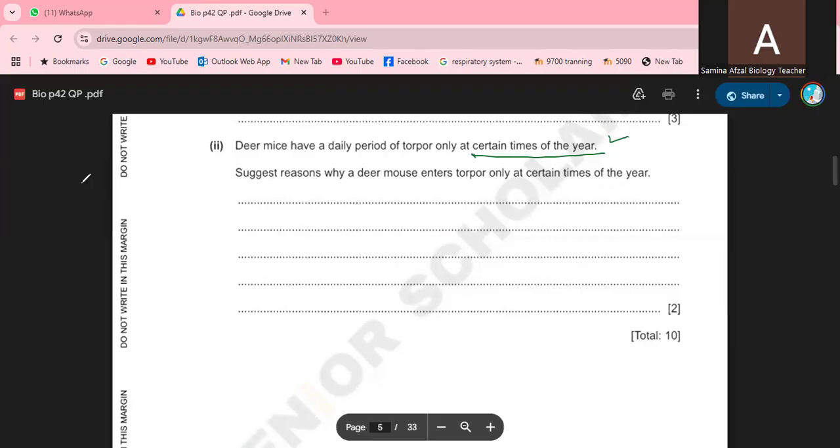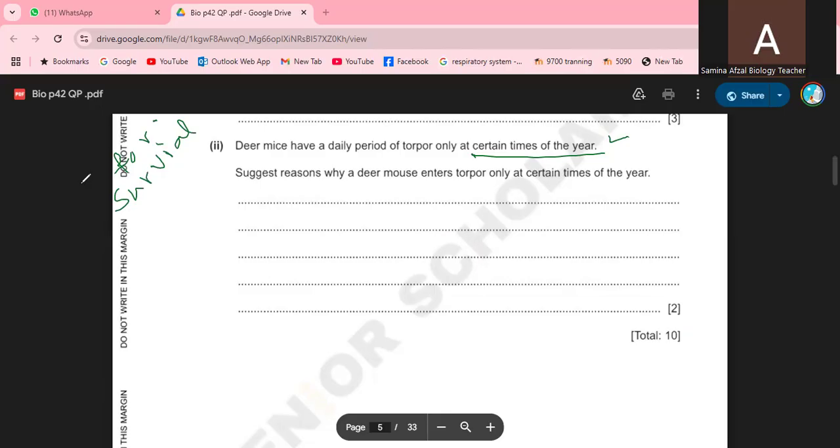So the reason is that the deer mouse enters torpor as a survival strategy. In simple words, we can say the deer mouse enters torpor for its survival, to get energy,